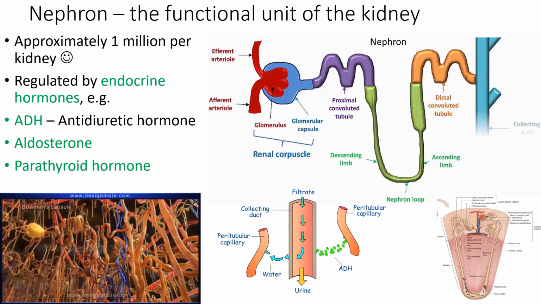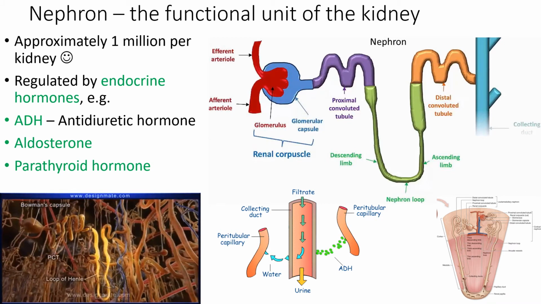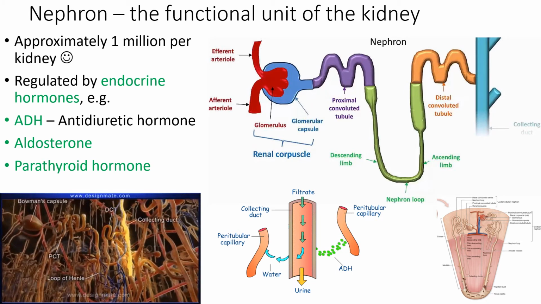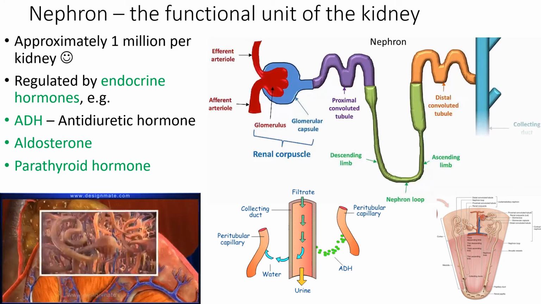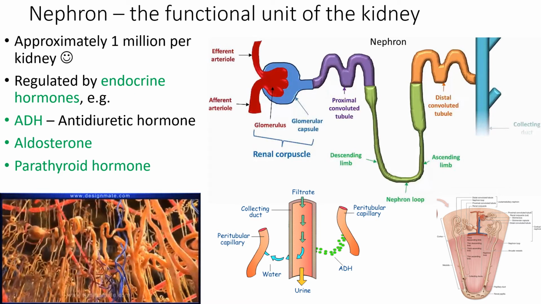And if the blood pressure gets a bit low, okay, it goes, oh, we need to have higher blood pressure in order to keep the person alive, and also keep the kidneys functioning, really. So those juxtaglomerular cells detect a drop in blood pressure, and they go, oh no, we need to maintain blood pressure. So release